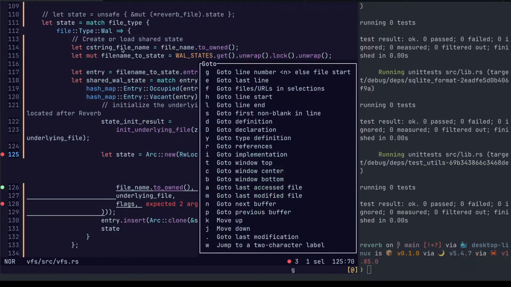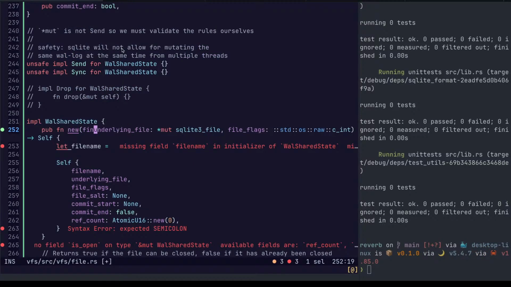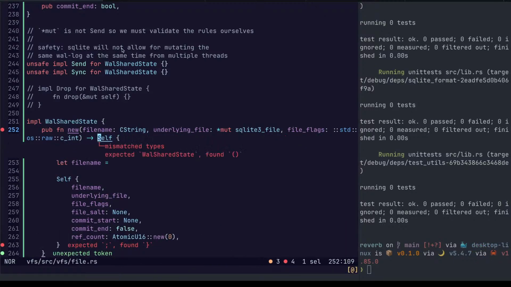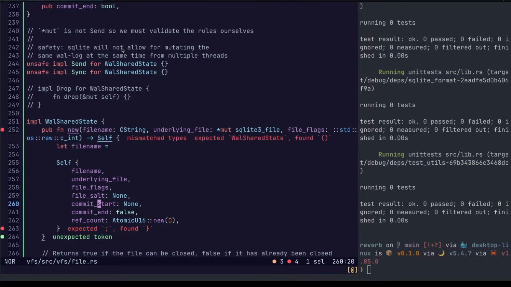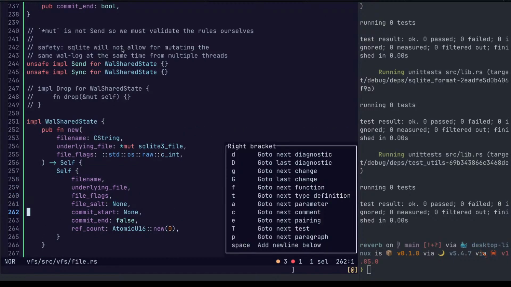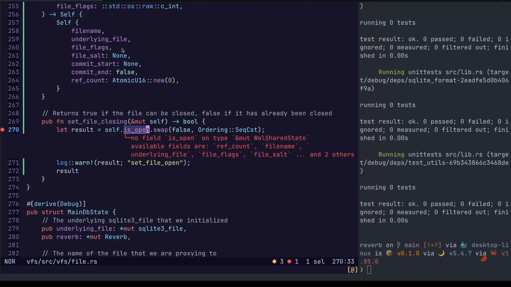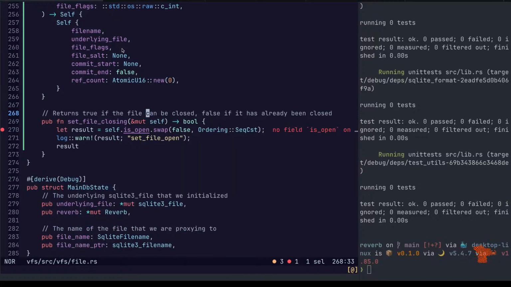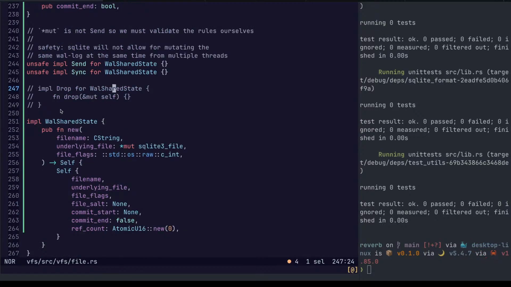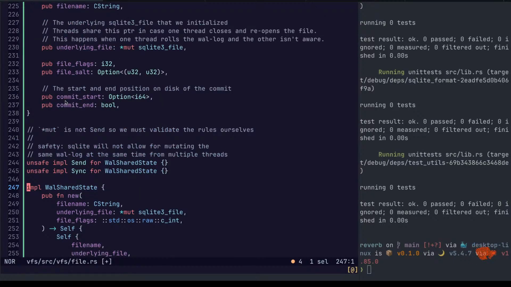And we'll just use C string. There we go. Set file closing. In this case, this is going to move. No more drop impl.